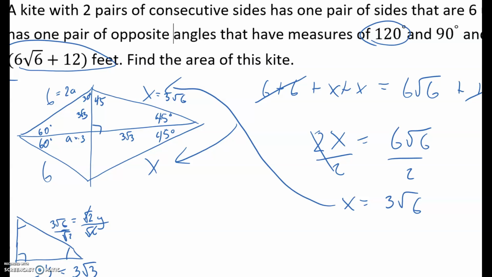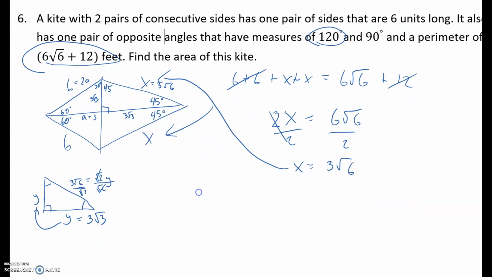Okay? So really what I wanted to do from this was, depending on how you do this, find the area of the top big triangle plus the area of the bottom triangle there, because they'll be similar, or you can use the formula for area of a kite. It's totally up to you here. But I'm going to do the area of the kite is equal to 2 times the area of the big triangles. By big triangles, I'm talking about the top half of the kite and the bottom half of the kite. Because there's 2 of them and they're going to be congruent to each other, so I did it times 2. So the area of the big triangle is going to be, the top one being 1/2 base,